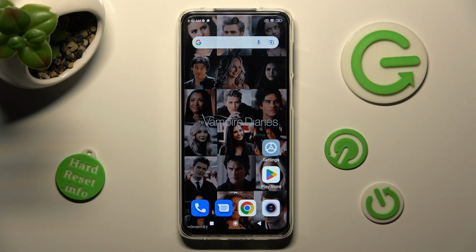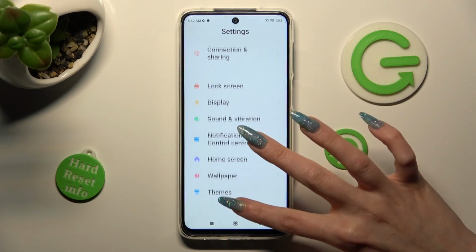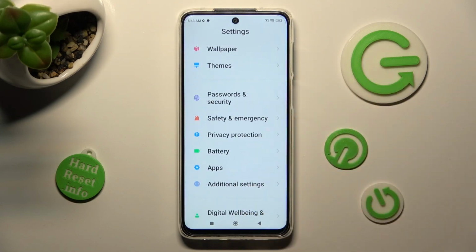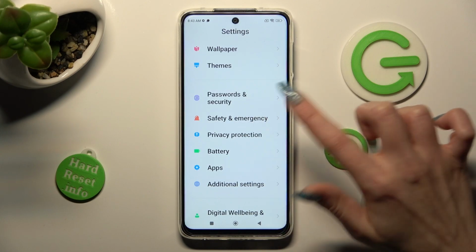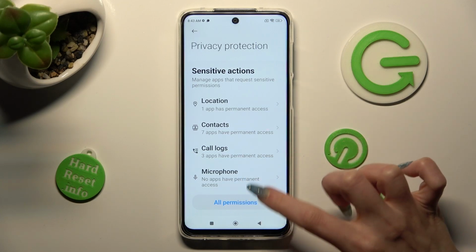First of all, access Settings and scroll down. Then tap on Privacy Protection over here. Now you need to select all permissions at the bottom